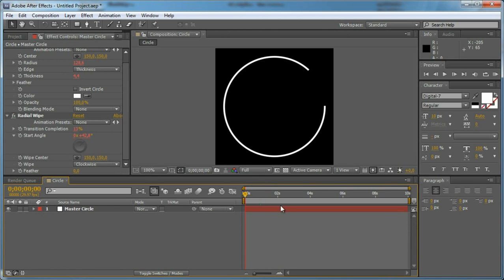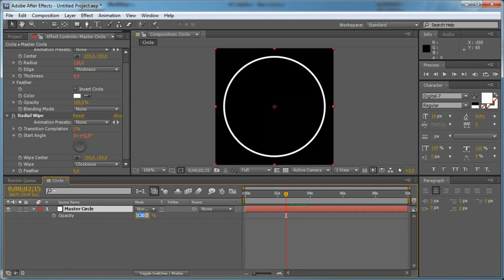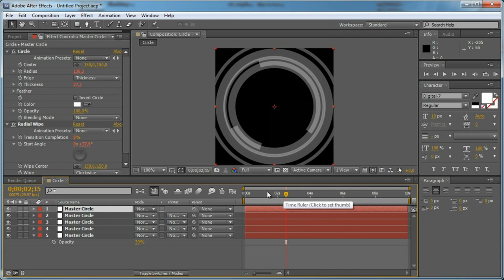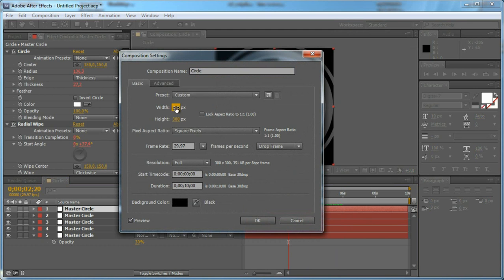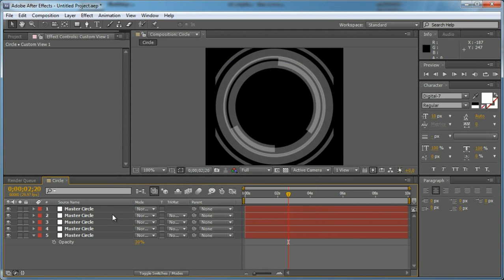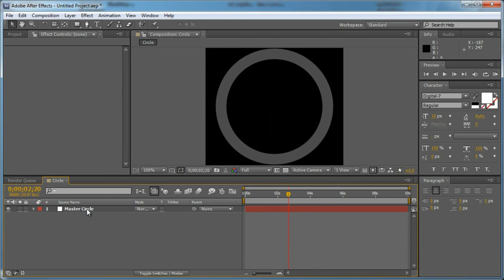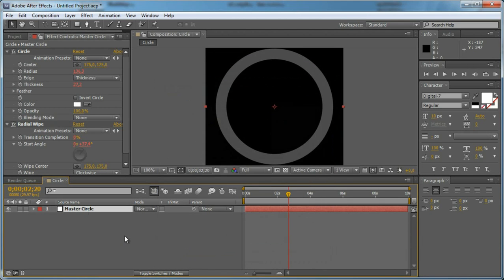So as you can see, this is our first circle, and let's set the opacity to 30%, and if we duplicate some circles you can see that we get some nice random circles. So I think this is good for now. Let's just increase the size of the composition just a bit more, and of course delete some of the layers, change the size to be a comp size,